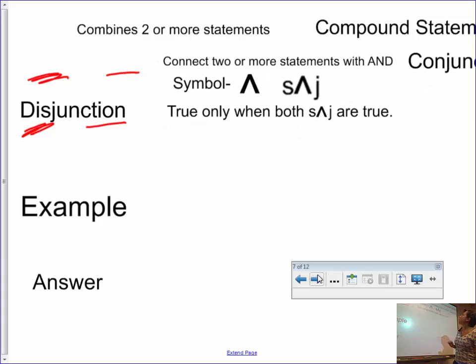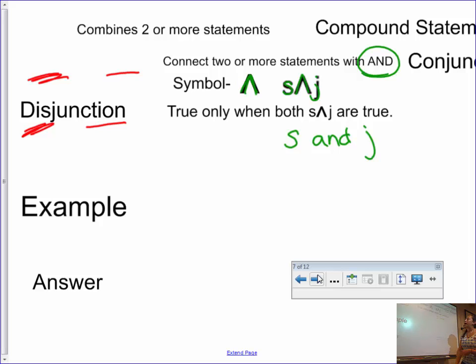let me move it over there. Conjunction is the one that connects two or more statements with the word and. Okay? The symbol is this guy right here. It's like a capital A, but without the bar in between. So for example, we've got S and J. Okay? So this says S and J. And to talk about true or false, this statement will only be true if both S is true and J